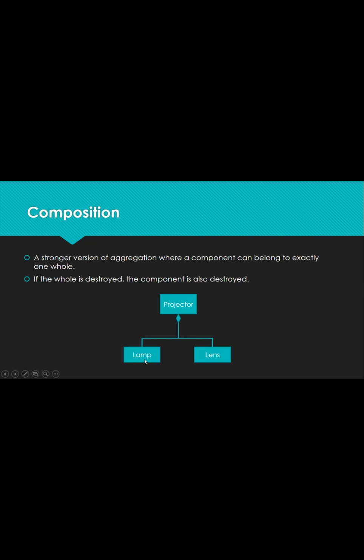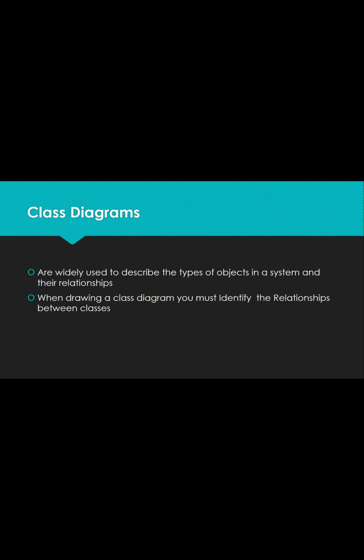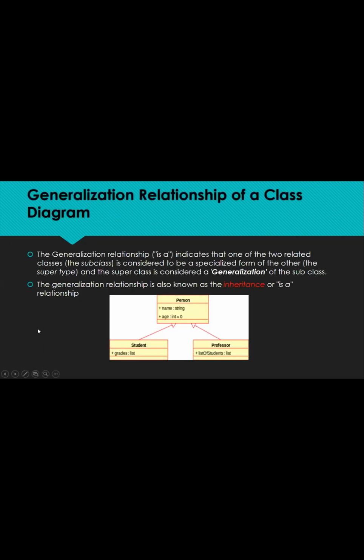Composite කියලා කියන්නේ it's definitely a part of, it has to be somehow, it is part. Okay, ඒක අපි වෙනම remove කරලා තියාගන්න බෑ. Okay, lamp එකයි lens එකයි වෙනම remove කරලා තිබ්බොතින් there is no any point. Okay, composition කියලා කියන්නේ ඒකට. ඒ වගේම class diagram that we learned, generalization කියලා කියන්නේ something like inheritance. Okay, that is also is a part of a person class. Okay, super class එකකින් ඉඳලා part එකක් විදියට තියෙන sub class